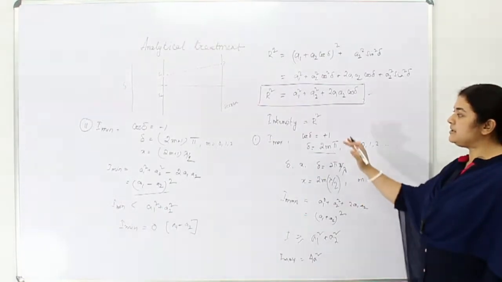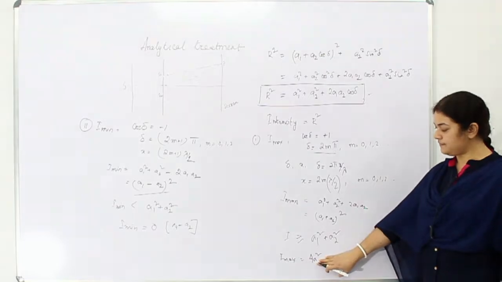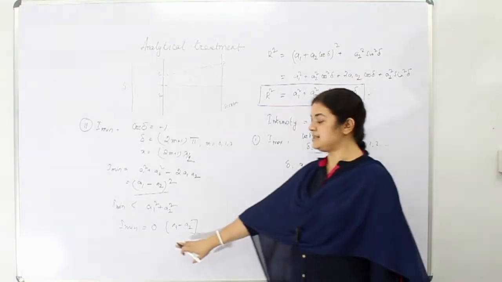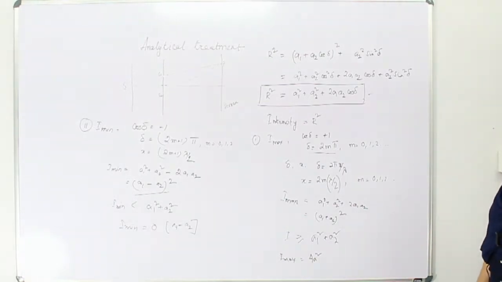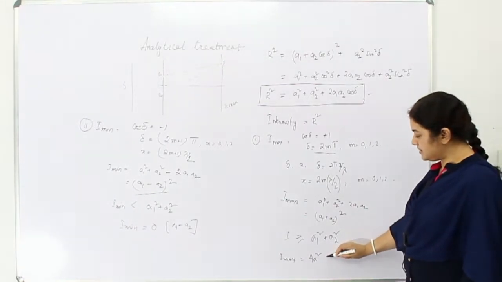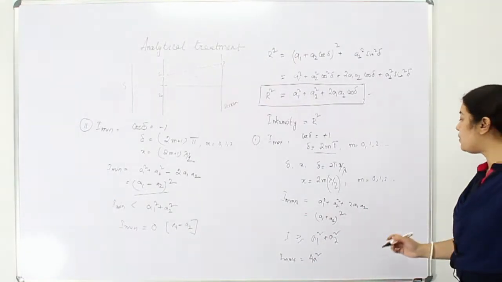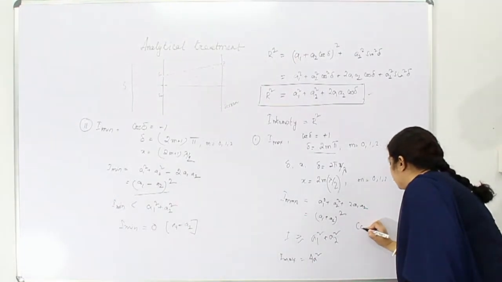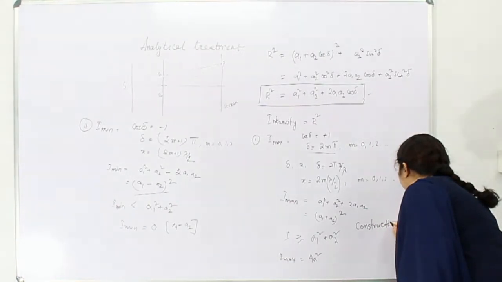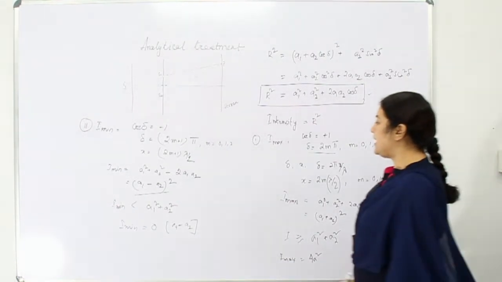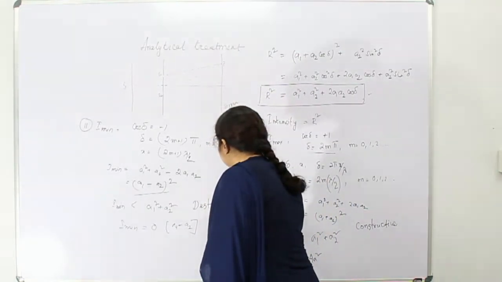So when the two amplitudes are equal, we get the maximum intensity as 4a square and the minimum intensity as 0. This point where we get the maximum intensity is called the constructive interference point. And this point is called the destructive interference